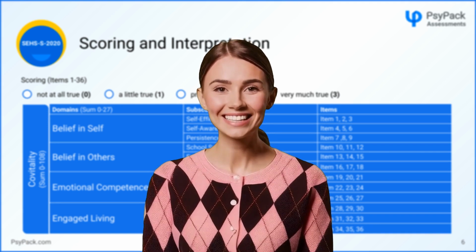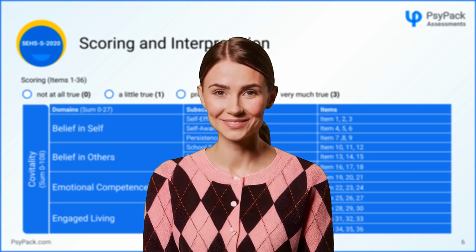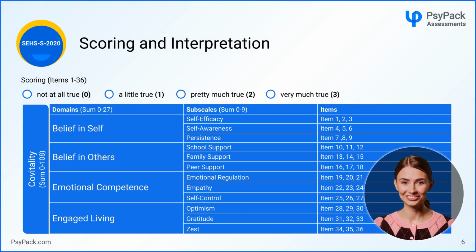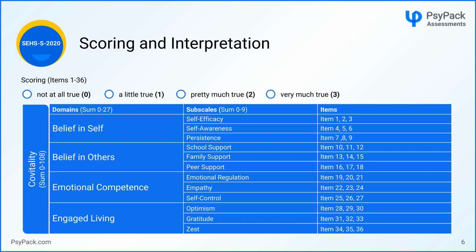Understanding the scoring is key to interpreting the results. Each of the 36 items is scored on a 4-point scale, from 0 for not at all true to 3 for very much true. These items are grouped into 12 subscales, with 3 items per subscale. For example, items on self-efficacy, self-awareness, and persistence are grouped together. The raw score for each subscale is calculated by adding the scores of its 3 items, resulting in a range